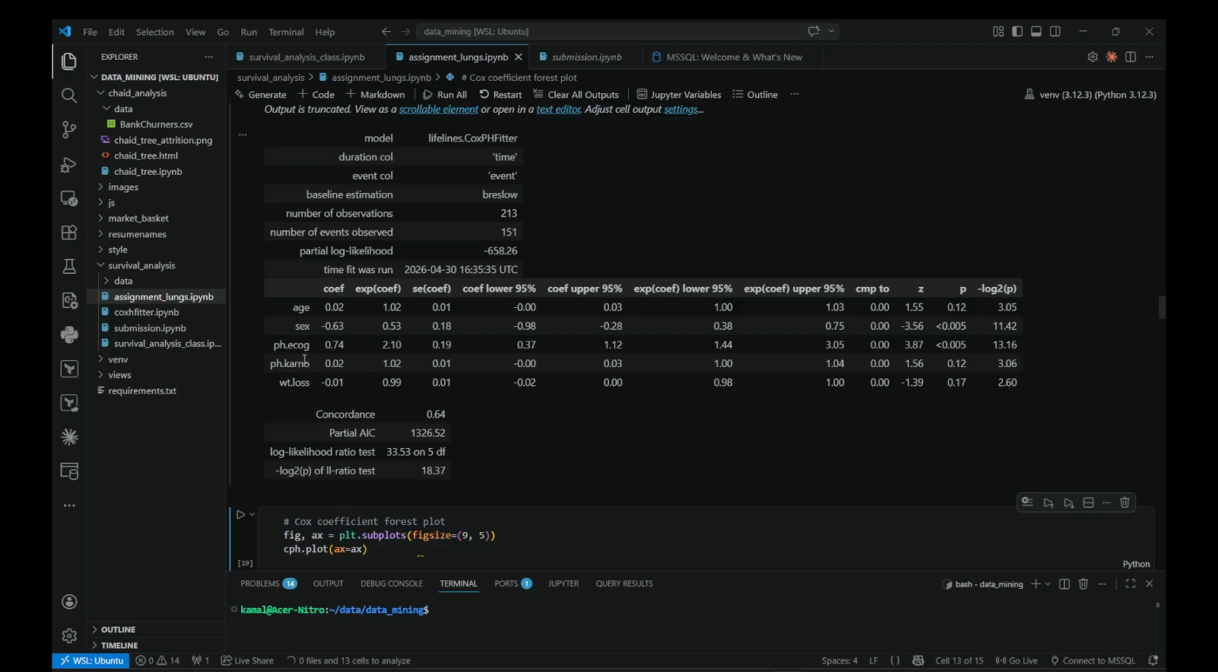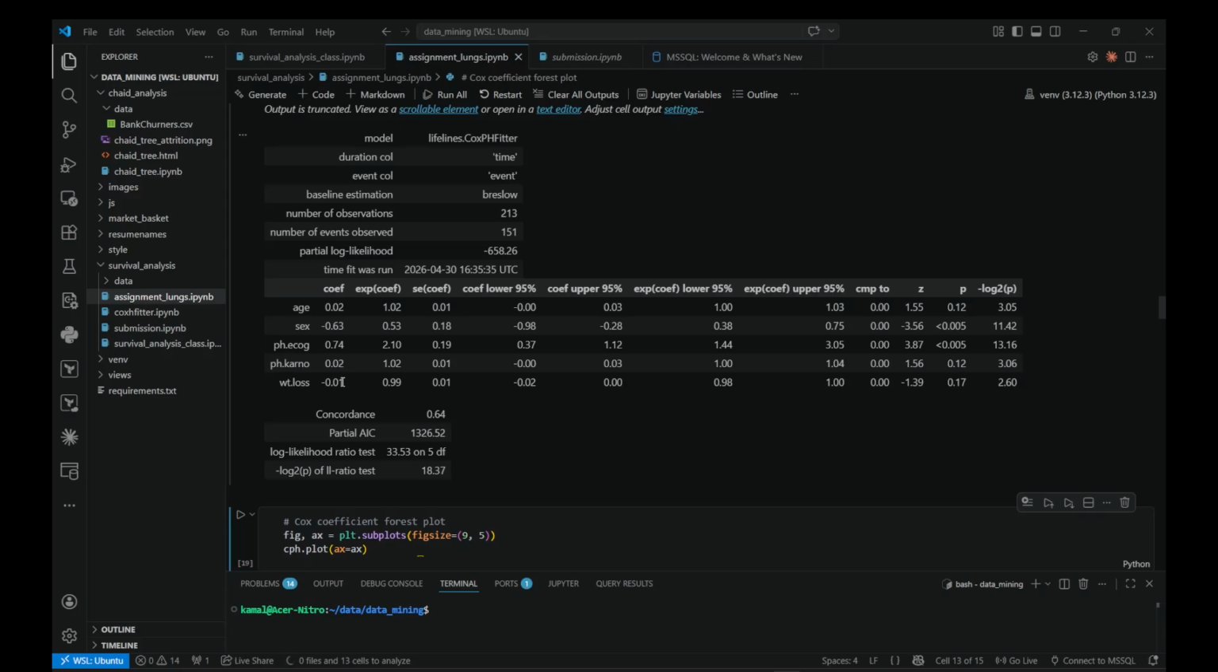And the second one is ECOG score. This score measures how well a patient can carry out daily activities, and a score of 0 means they are fully active, while a higher score means worse condition. The coefficient was positive with a hazard ratio of 2.10. This means that for each 1 unit increase in ECOG score, the risk of death roughly doubles. The other variables, Karnofsky score and weight loss, showed some effect but were not statistically significant in